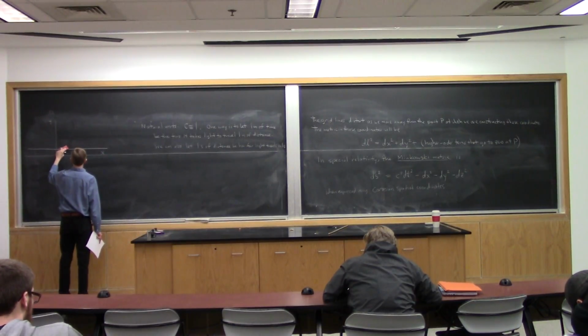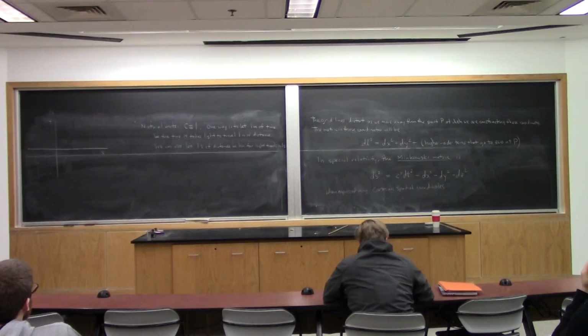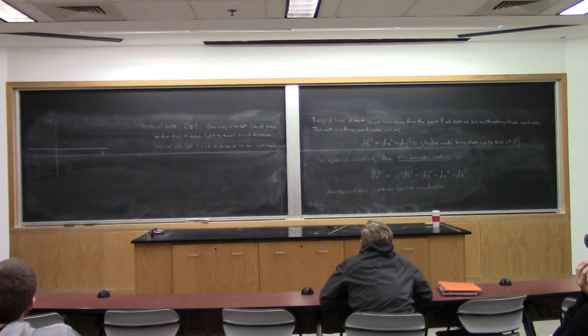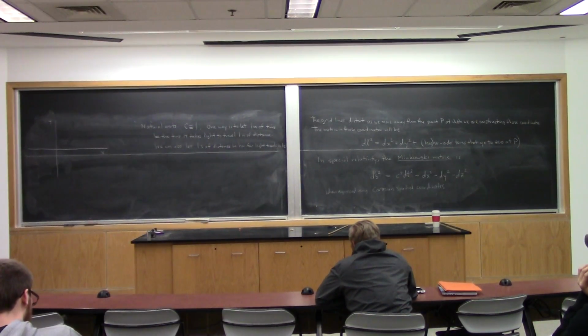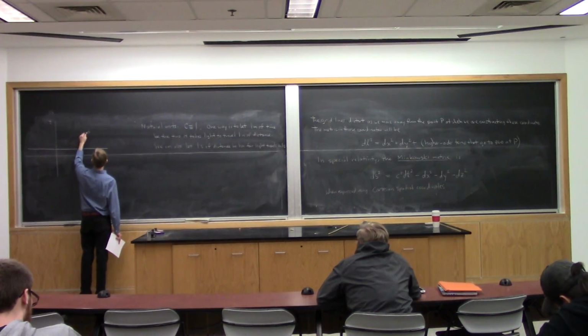So I'm going to cheat and just keep reusing my diagram. You might want to keep making new axes. It's up to you. What does the world line of a photon look like in natural units? How does it travel? It's a 45-degree angle, right? It's a 45-degree angle because it's covering equal amounts of distance in equal amounts of time. If you use units where the speed of light is 1, then you want delta x over delta t to be 1 for light rays. So if here is some event P in space-time,